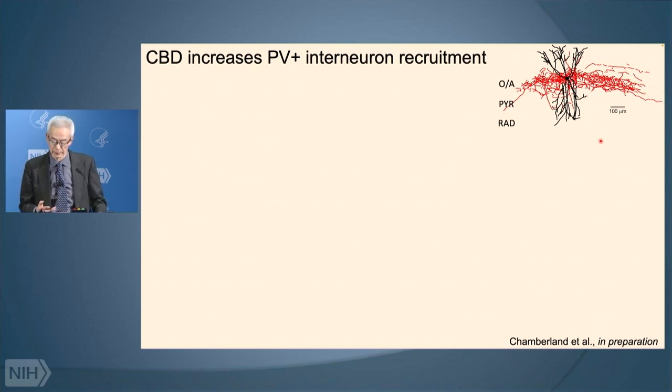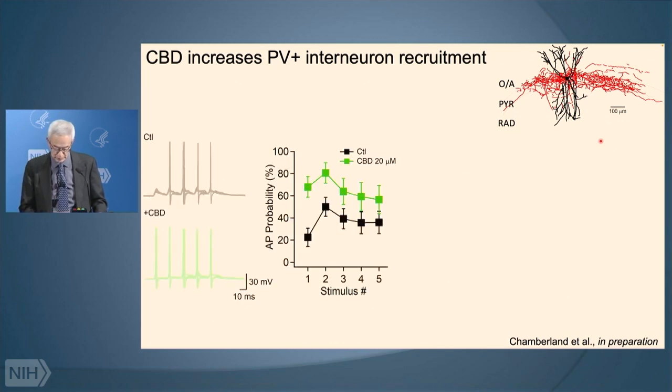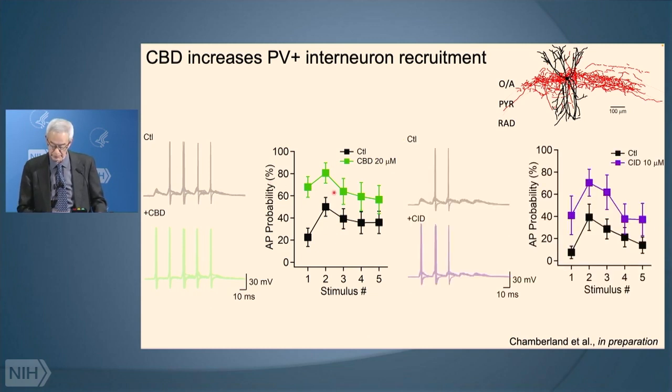The obvious possibility is that PV neurons, which mediate feed-forward inhibition, are involved. So to study this, we can now record from PV neurons. So this is not the spiking in the excitatory neurons. It's the spiking in the PV interneurons upstream of the excitatory neurons. And lo and behold, CBD greatly increases the firing, maybe threefold. So the PV neurons, instead of firing every once in a while, fire almost nearly all the time. And this effect is mimicked by CID, showing once again that it's due to GPR55.